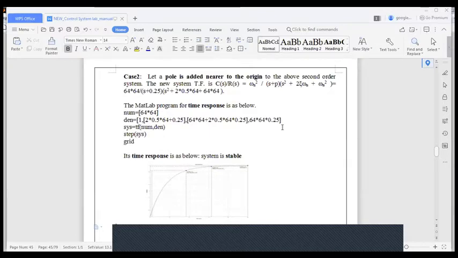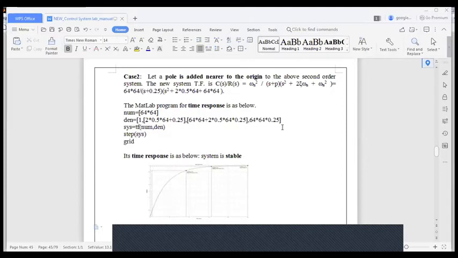So 1 is the coefficient corresponding to s cube. The coefficient corresponding to s square will be 2 into 0.5 into 64 plus 0.25. You can simplify this and enter it, or directly as we have entered here. Better you simplify the denominator and arrange in decreasing power of s.